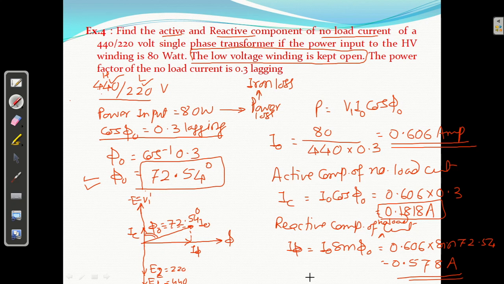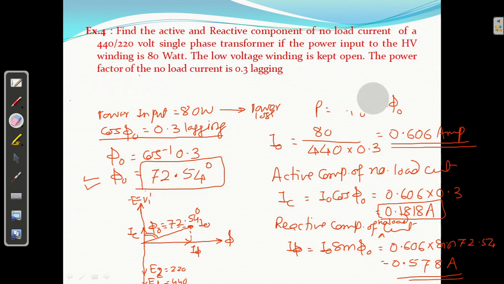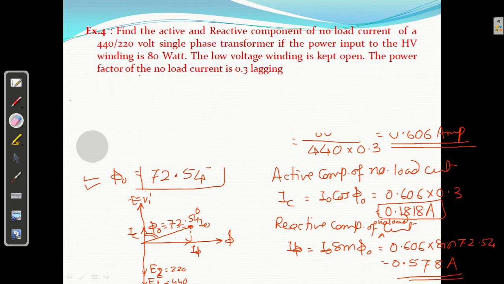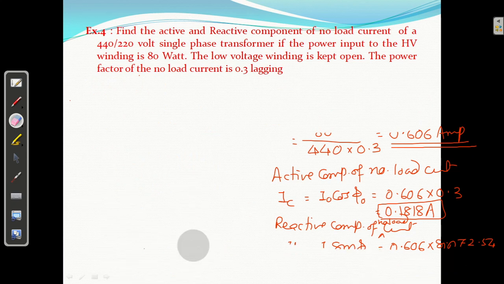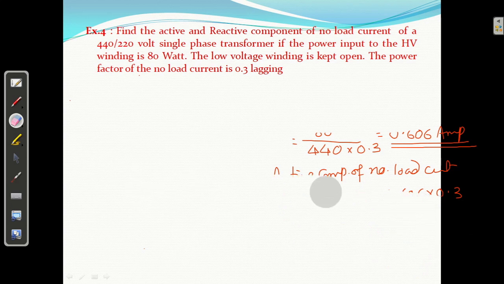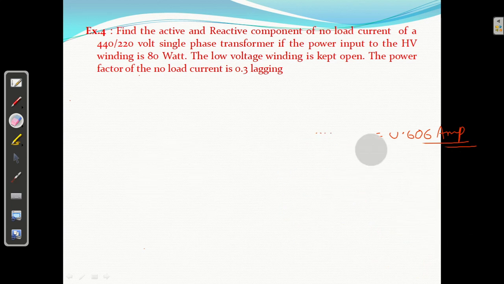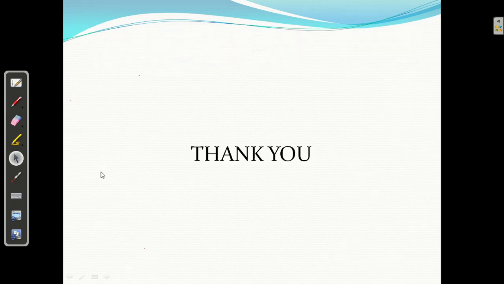So this is the way you can solve the problem. Whenever you solve a problem, please take care and operate your calculator properly. Second, try to understand the concept, what is the meaning of it and what is happening, so you can face the interview in a good manner and also get your concept clear. Thank you very much for listening to me carefully. Okay, I'm stopping here.